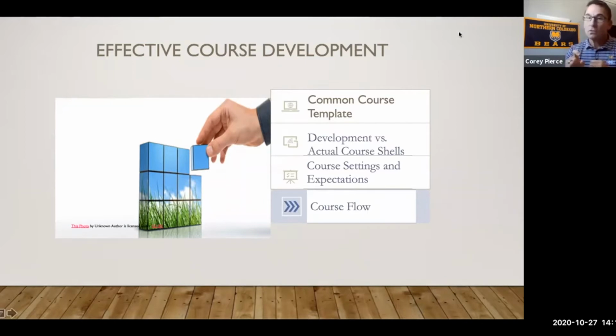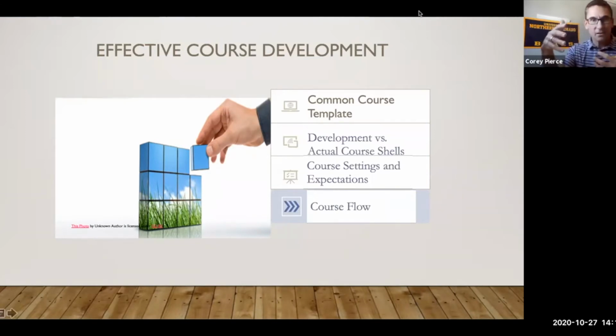Those developmental course shells also are a great resource for adjunct instructors. We have to access and utilize a ton of adjunct instructors in our programs. Allowing them to get into a developmental course shell, look at all the materials that are available, and allowing them to do it early on before they're going to start teaching really allows them to take ownership of the course.